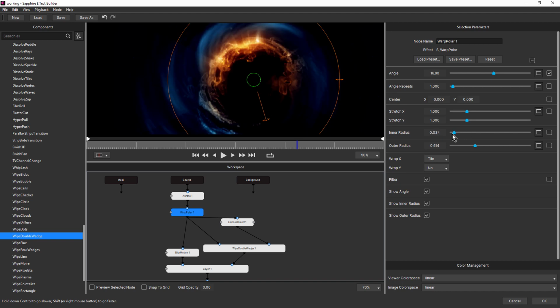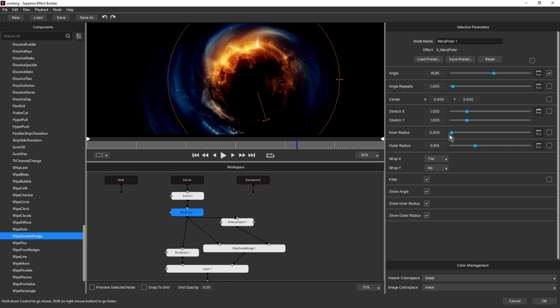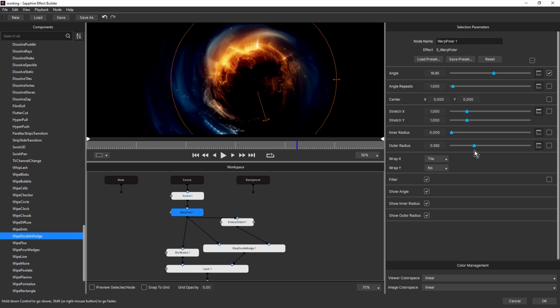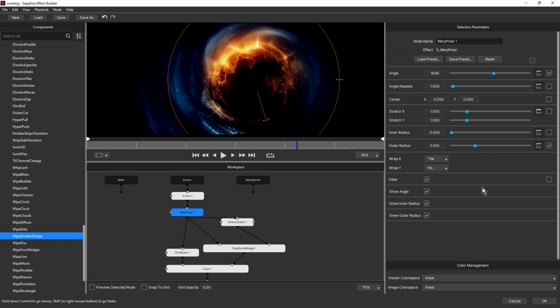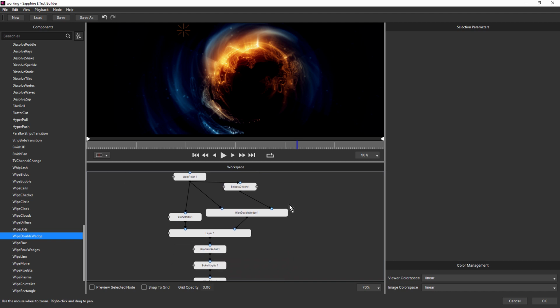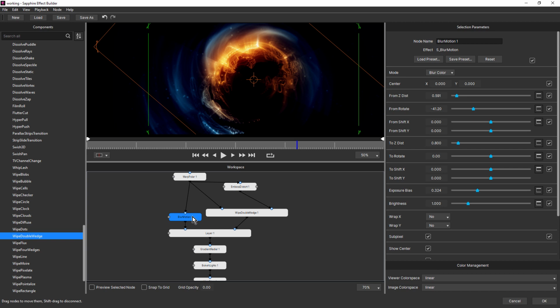So I go through and I'll just play around with the parameters and just work out which ones are going to be the most useful to have direct access to in the host. Maybe that one, we can just turn that one on. Emboss Distort. I don't know, we can probably come back into the builder and change any of those settings. So I'm just going to deselect that because we are limited to the number of effects that we can actually add parameters to in the host.